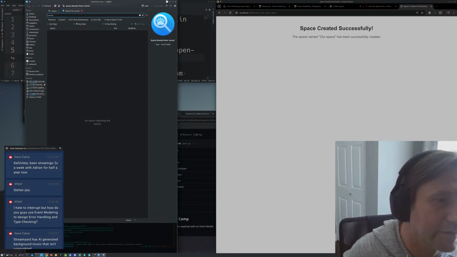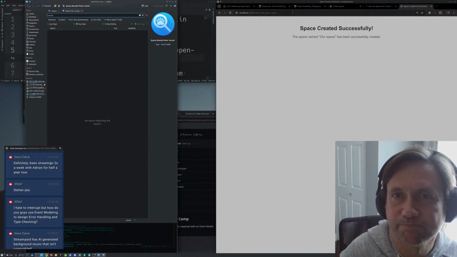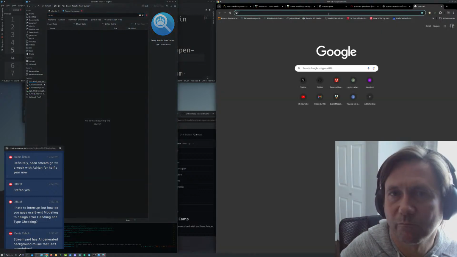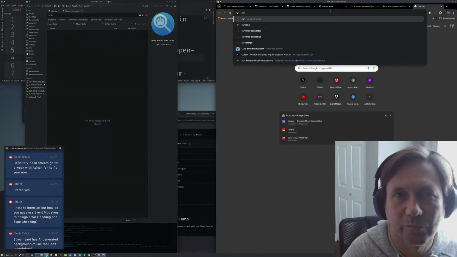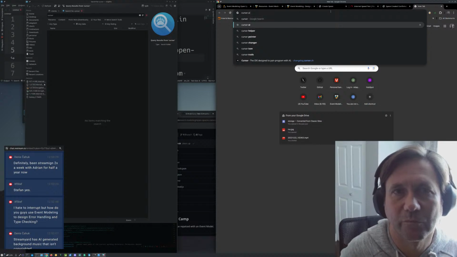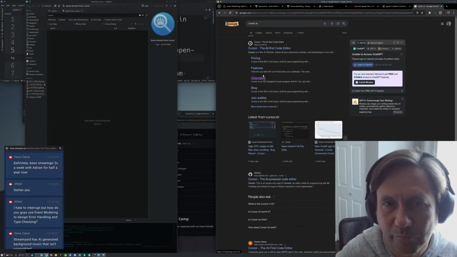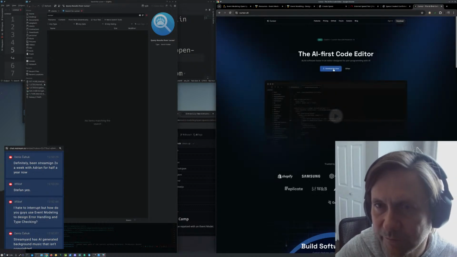Really? Cursor AI is not here? Huh. You have to download a new image.